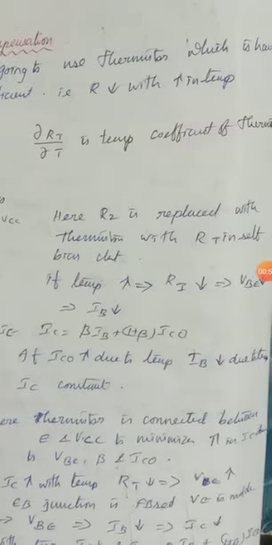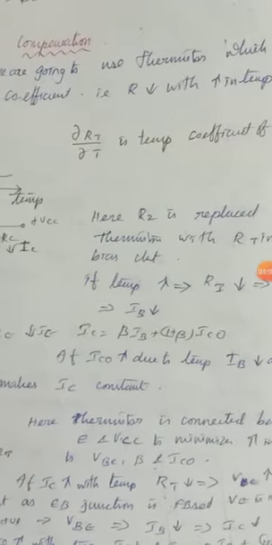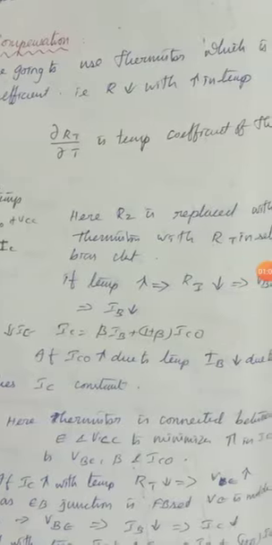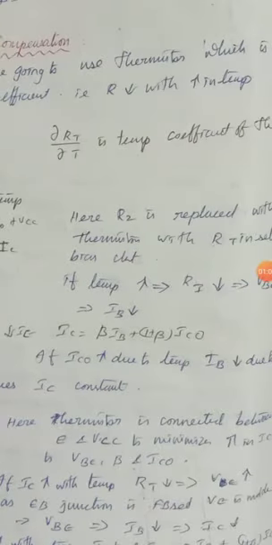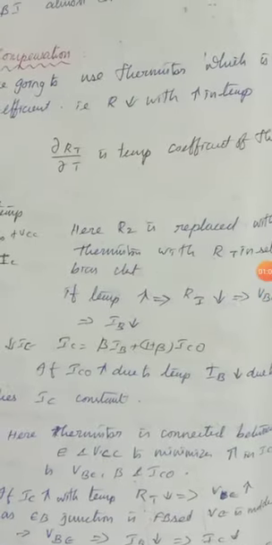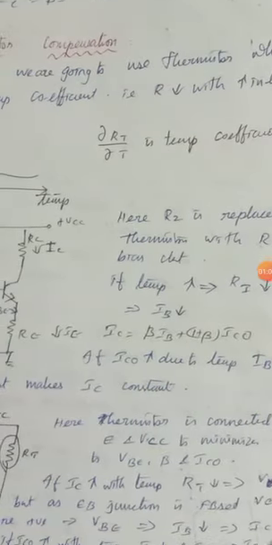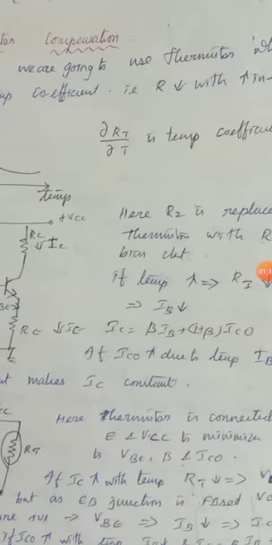If temperature increases, the RT value will decrease. The decrease in RT causes a decrease in the potential drop across it. So the VBE value will decrease. If VBE decreases, automatically the IB value decreases. If IB decreases, IC also decreases. So if there is any increase in the IC value due to temperature, that is brought back to a constant position by